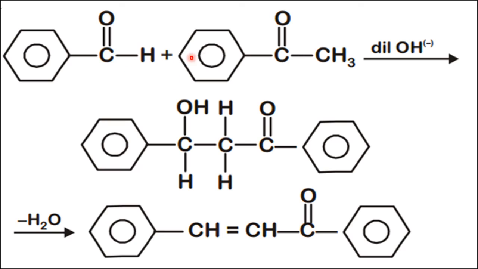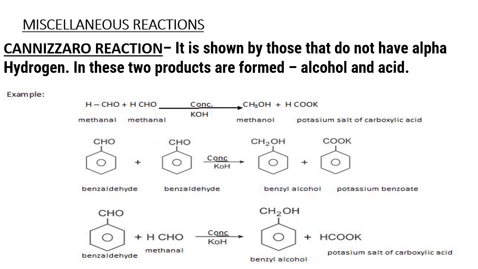This is also what? Two different carbonyl compounds. One is an aromatic aldehyde, one is an aromatic ketone. So here also we get a mixture, but I have shown only one product here. Right. Now how to stop the reaction? How to stop the cross condensation?